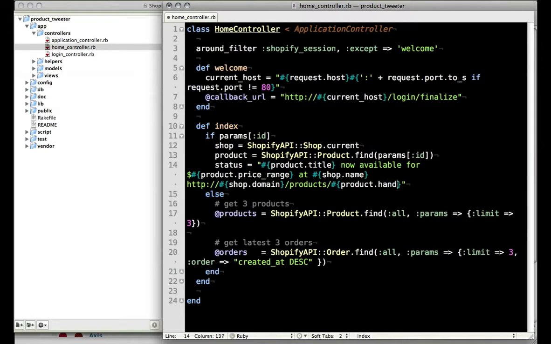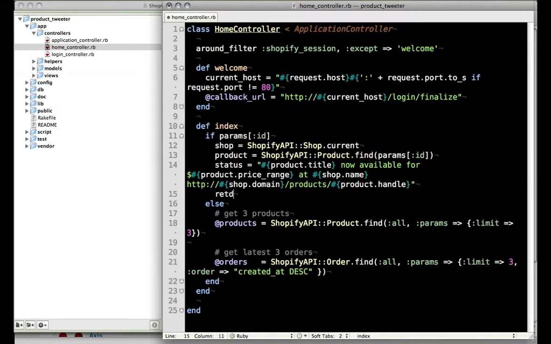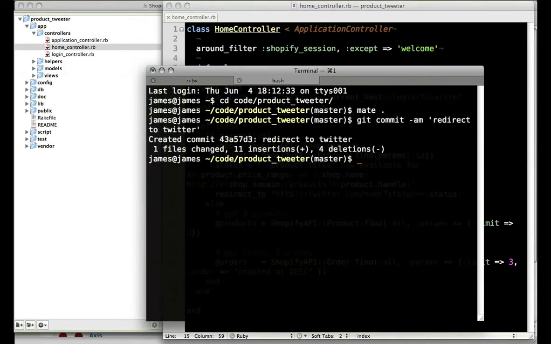Instead of worrying about using the Twitter API to authenticate our users, we're just going to use a URL with a query parameter which will direct the user to a pre-filled form where they can edit the status message and then post it however they like. Now I'm going to commit my changes to Git